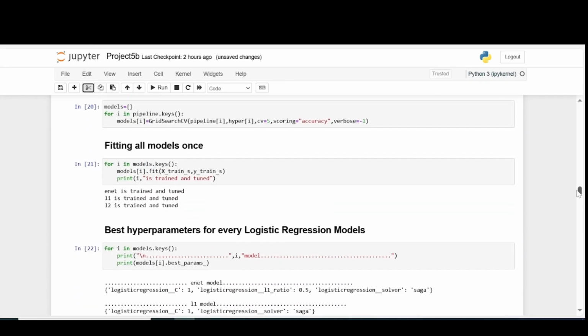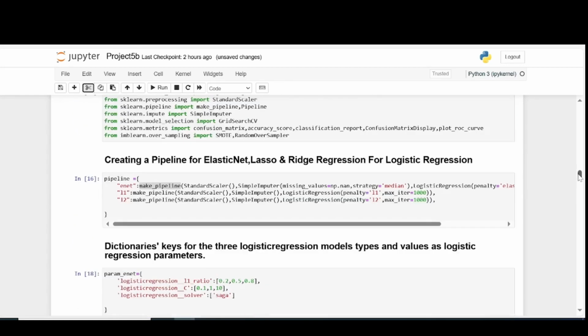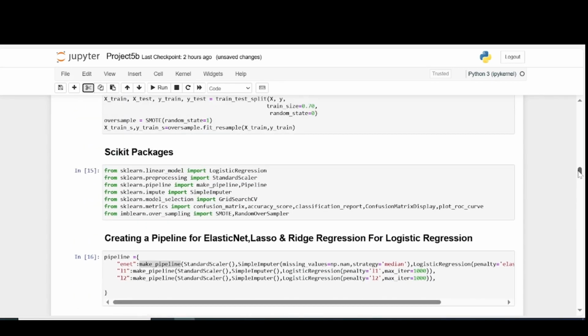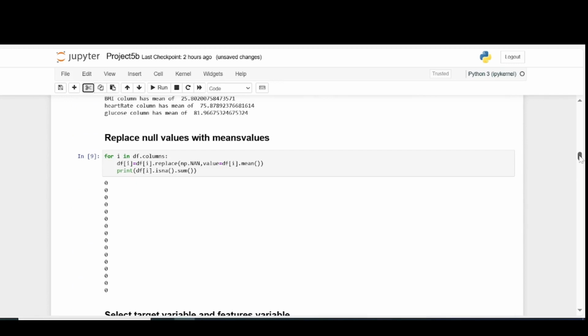But if you exclude the SMOTE technique, the accuracy will go high, but we have the problem